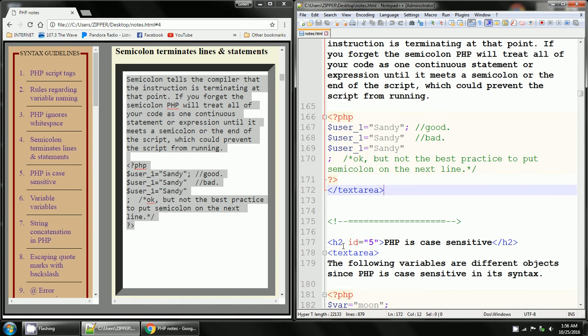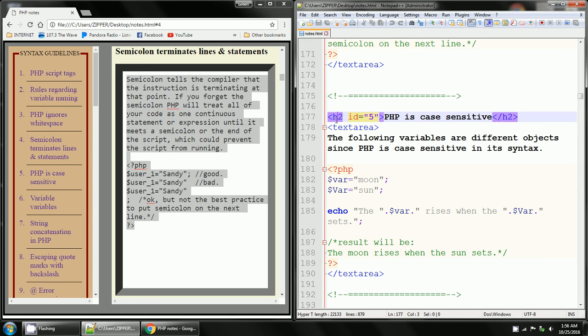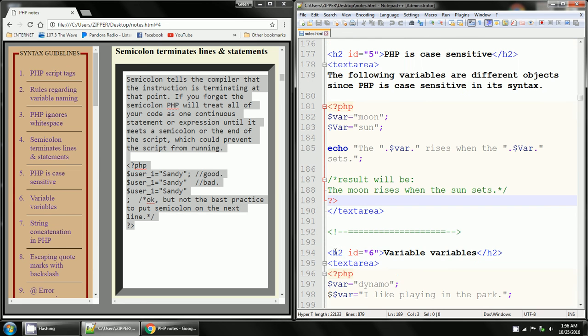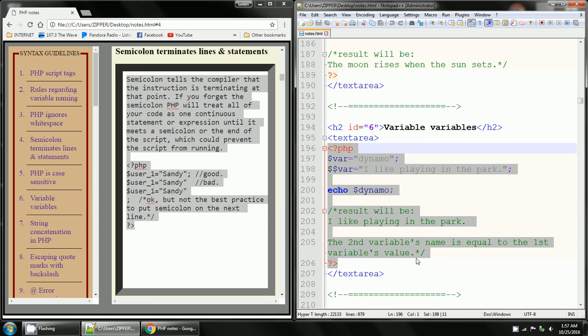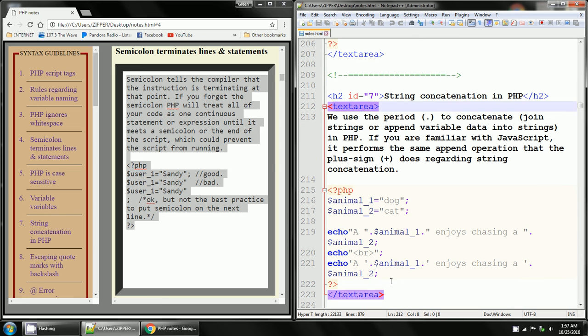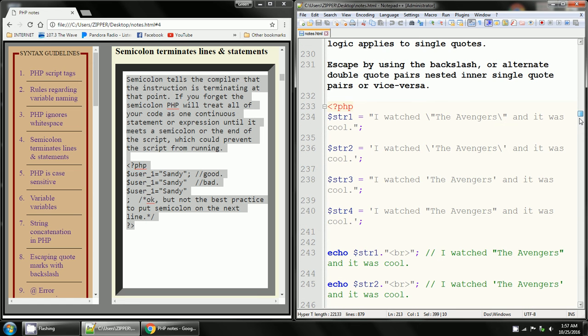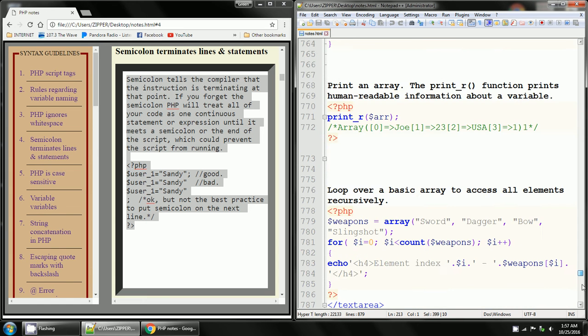You just keep going on and on until you just get sick and tired of writing notes. Just keep putting a new H2 with a new subtitle, a new text area with the new notes inside. Go to the next one. It's the next subtitle, another text area, more notes inside the text area, another H2 header tag that it's a subtitle, another text area. Everything in the text area is the notes. And I just kept going on all the way to the end,